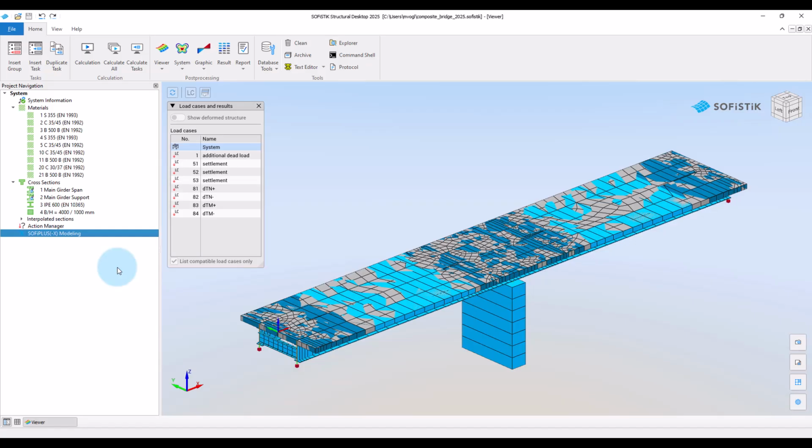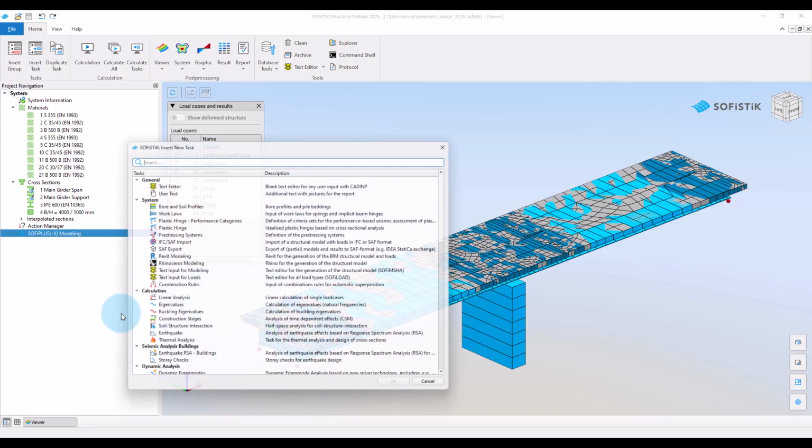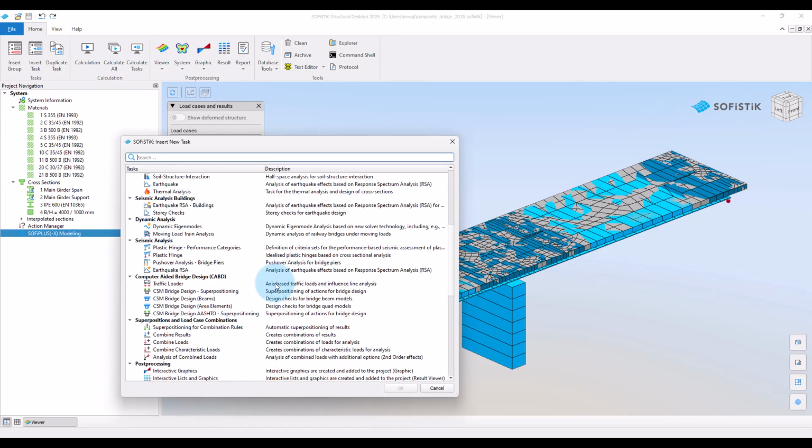To do this, we go back to the SOFiSTiK Structural Desktop and insert a new task for the combination of characteristic loads.